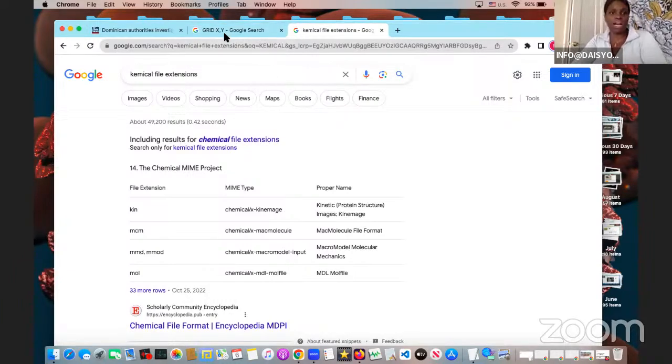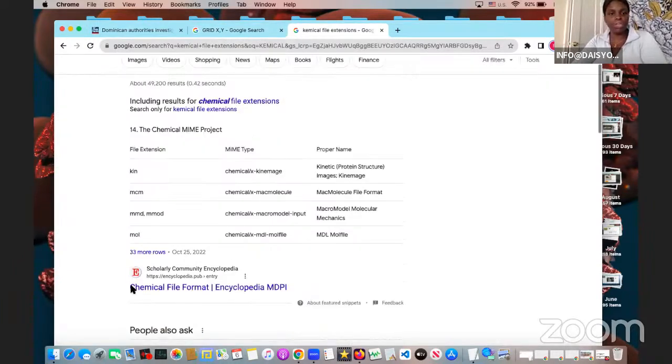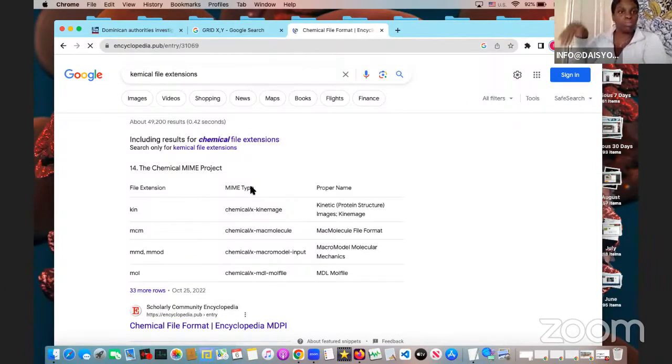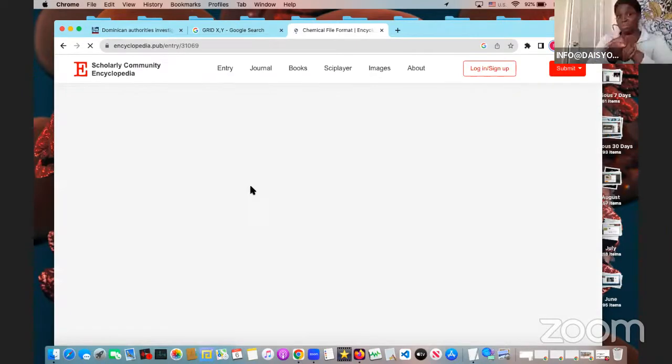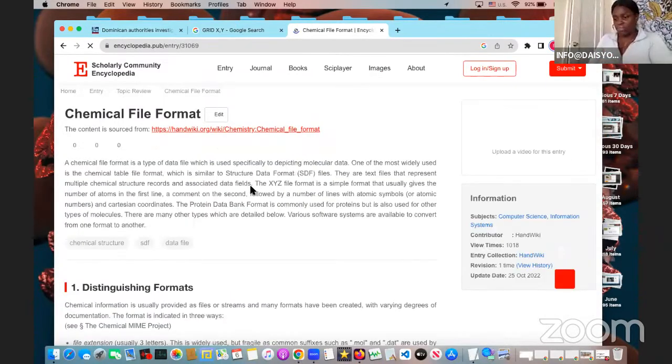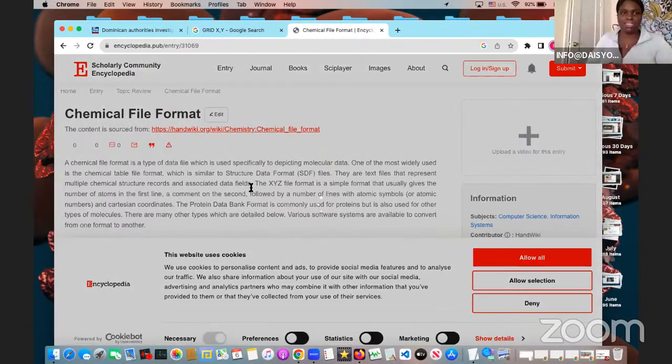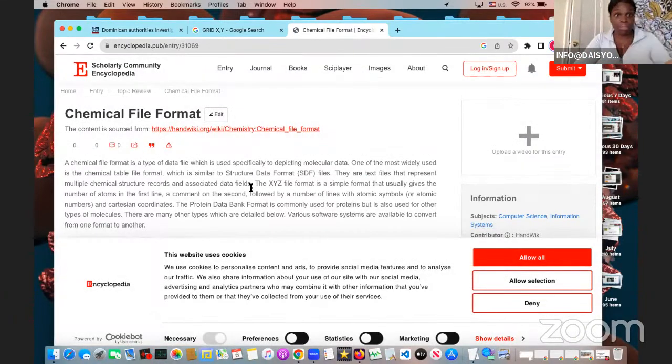And then you have chemical file extensions, right? So when you have chemical file extensions, you have to know that one of the things they're doing is, oh, it needs to be in this specific format so that the octopus can talk and send messages back and forth and send energies and intelligences back and forth and send substances back and forth. Because so many intelligences will then create a substance. So many negative people will create a portal of fuckery, like, oh, I don't want to go to that school. I don't want to be in that class. I don't want to be in that hood anymore. That type of thing, right?